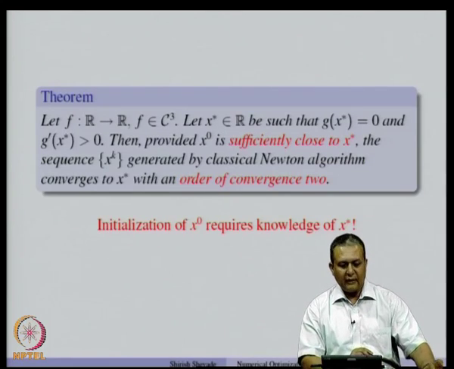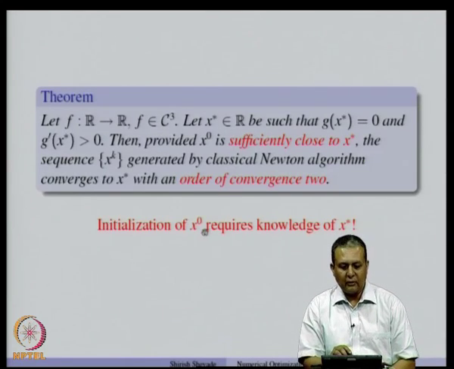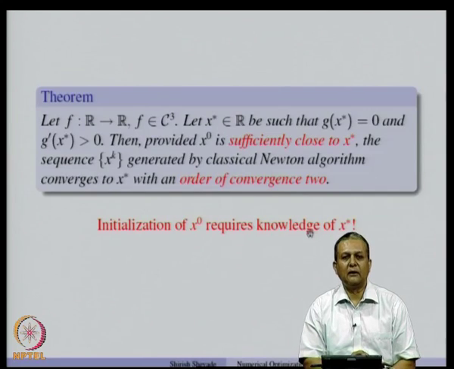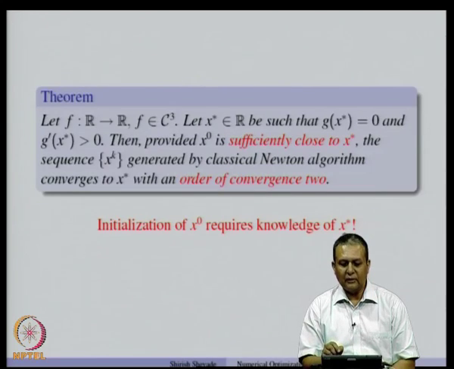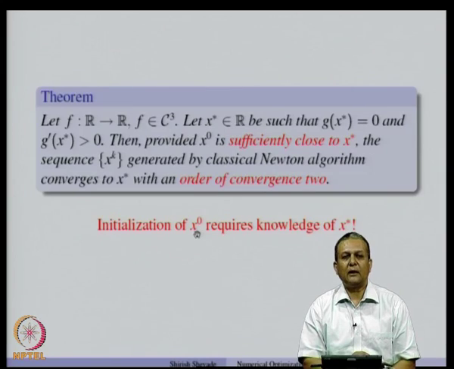But the problem is that the initialization of x naught requires the knowledge of x star, and our aim is to minimize f(x) to get x star. So, this knowledge of x star is not there, and therefore, we cannot initialize x_0 properly, so that we can get